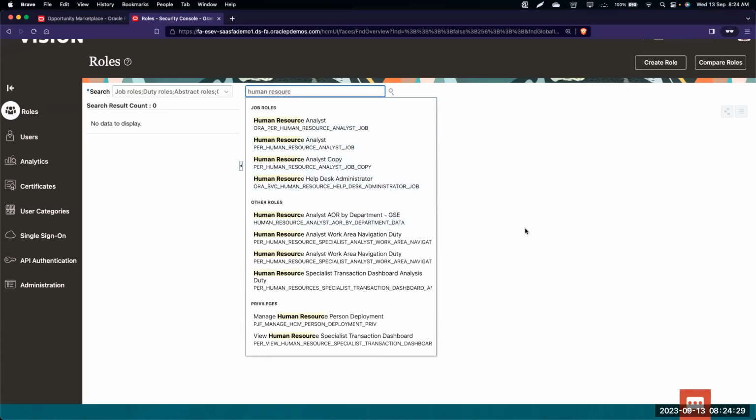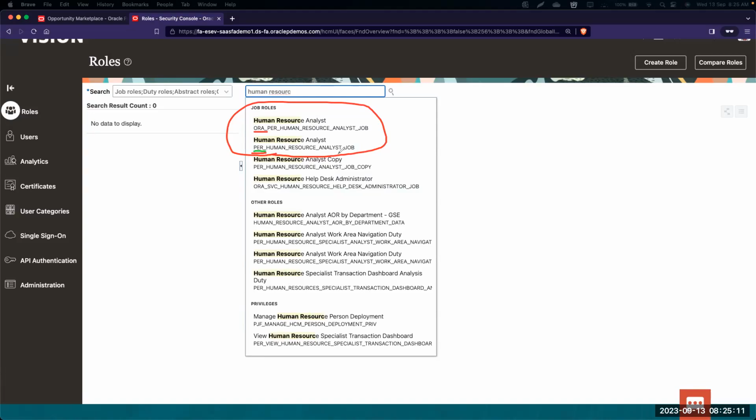And if you're using a very old instance, then you will also see something called PER. So here you see the same role, one role which has the prefix ORA, and one role which has the prefix PER. Both are seeded roles, no doubt that one could be custom. But the reason we have PER prefixes is that these are the old roles. In some places we use this terminology called R12, R13.